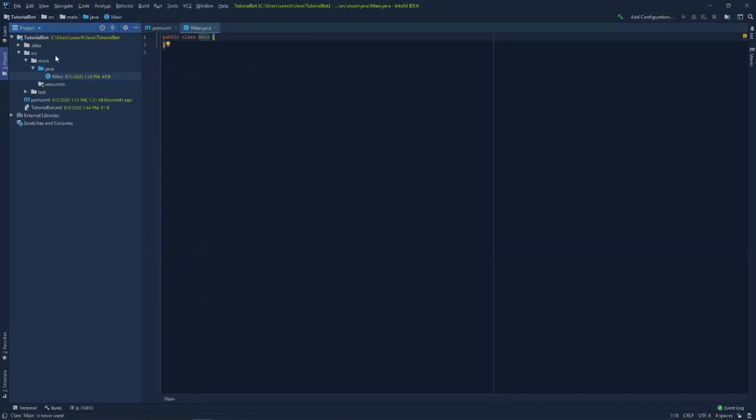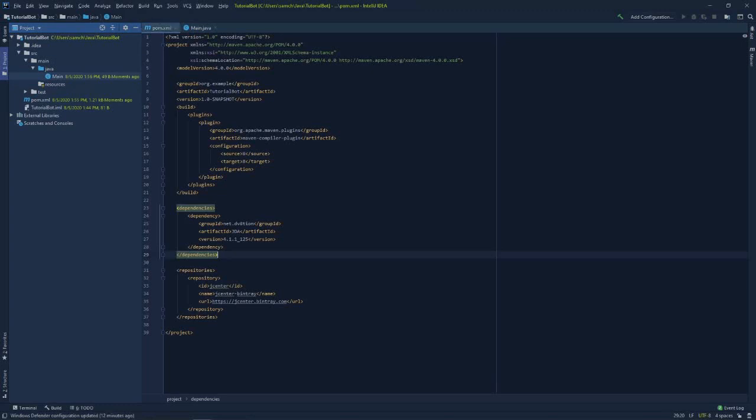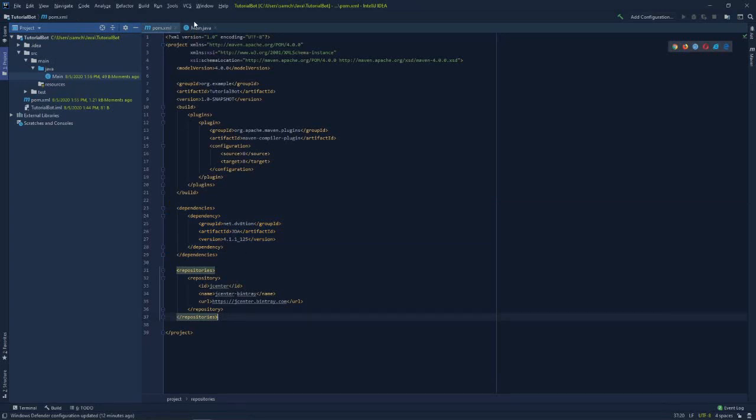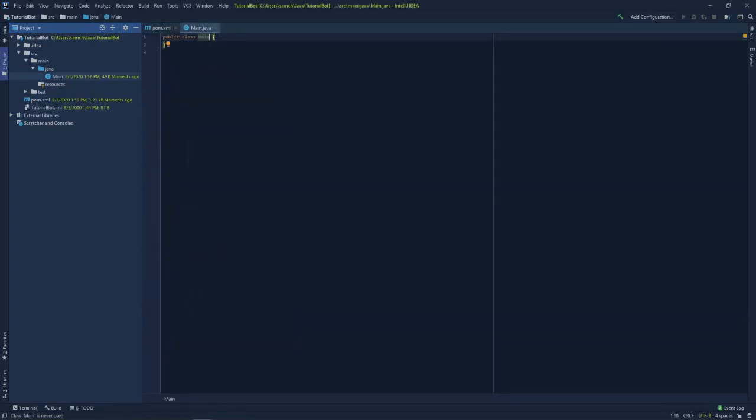Main. So yeah, this is main.java. This is the Maven file. We've downloaded JDA and JSON. And okay, so now in main,